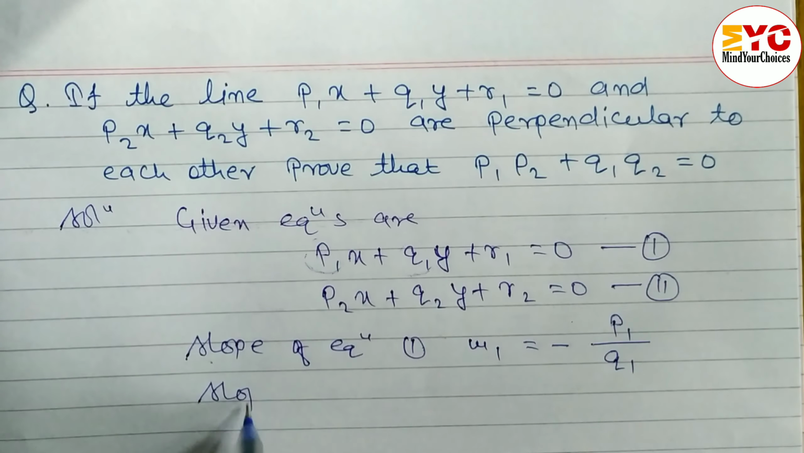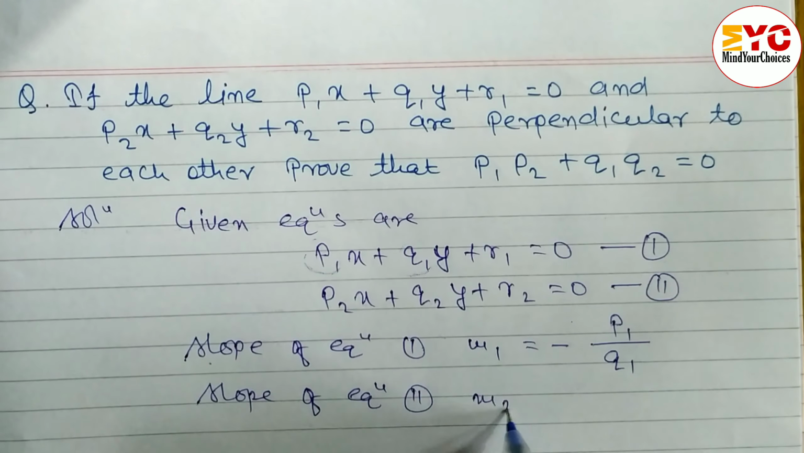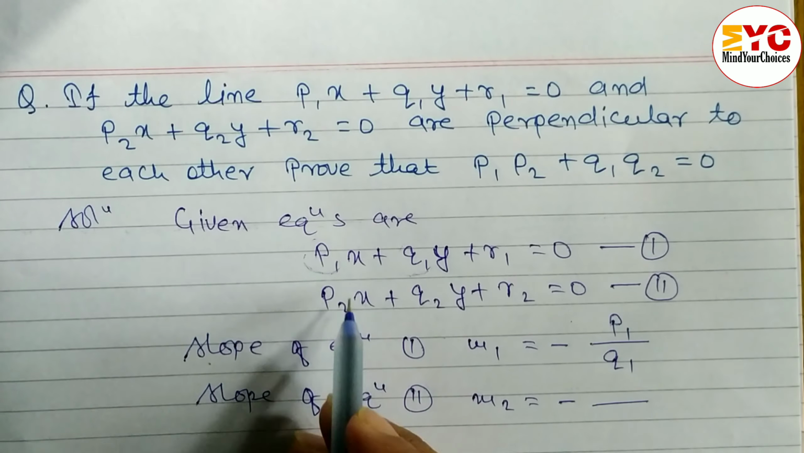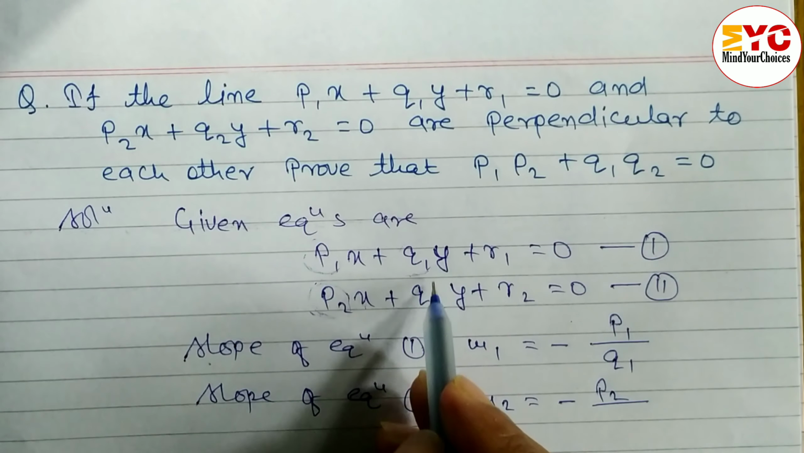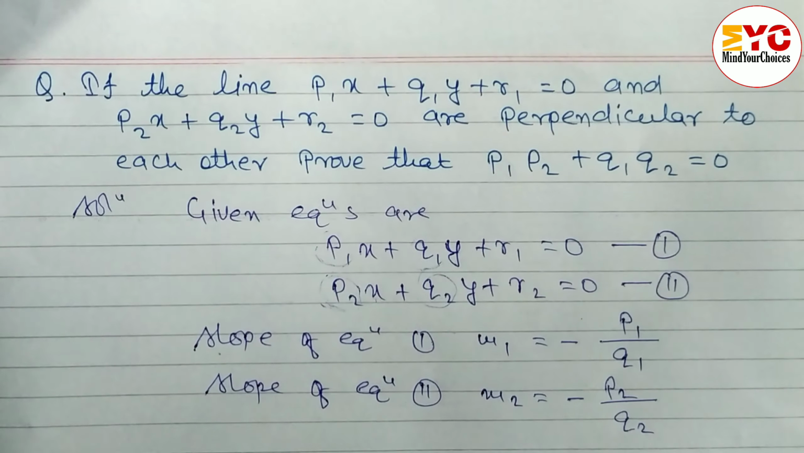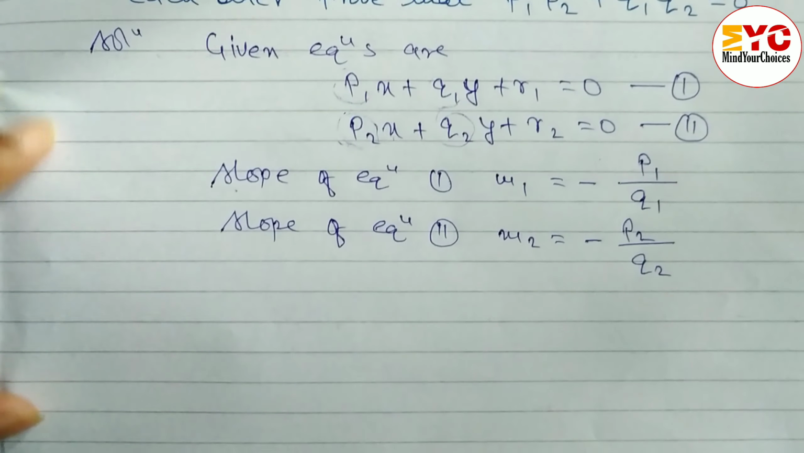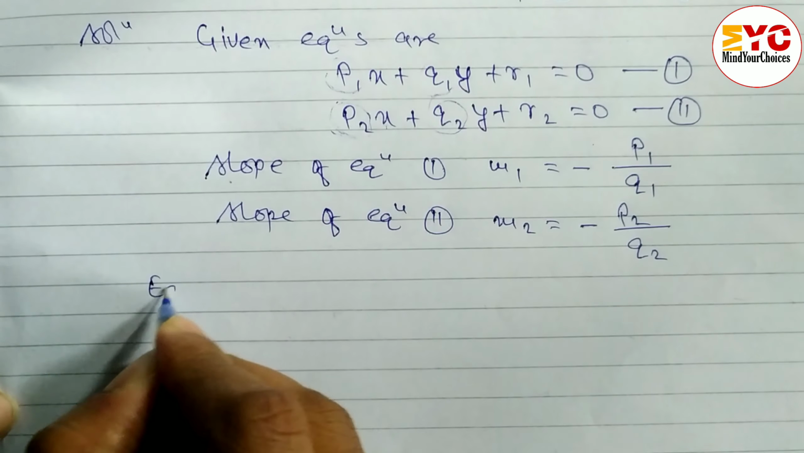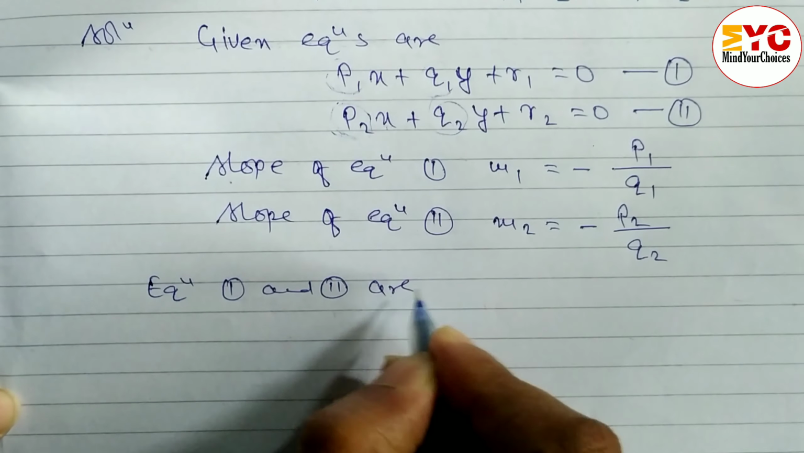Similarly, we have to find out the slope of equation 2. m2 is equal to minus coefficient of x. What is here? The coefficient of x, in front of x, is P2. Similarly, the coefficient of y is Q2, so m2 is minus P2 by Q2. And according to the question, they are perpendicular to each other, so we can write here equation 1 and 2 are perpendicular